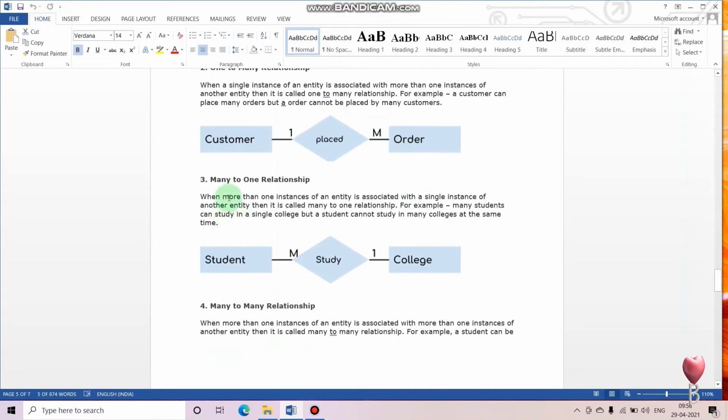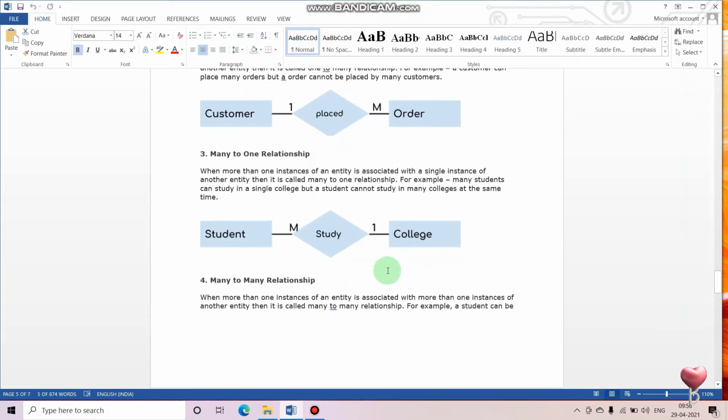Okay, then comes many to one relationship, when more than one instance of an entity is associated with a single instance of another entity, then it is called as many to one relationship. Now here, many students can study in one college. A student can study in one college only, but the college can have multiple students, right?